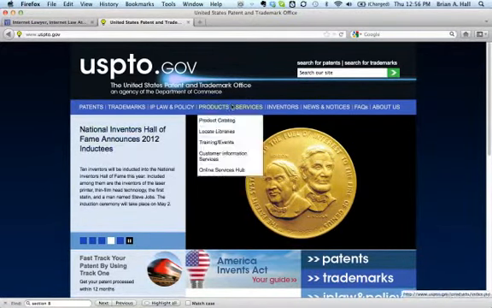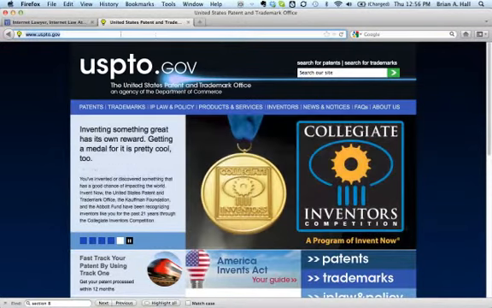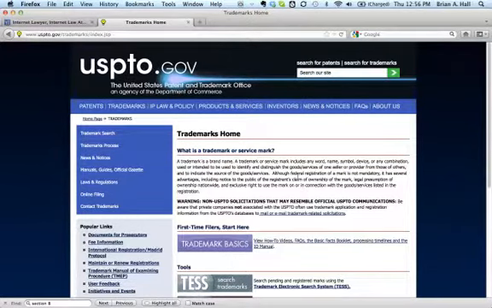The first thing you need to do is go to the website www.uspto.gov. Once there, you will see this screen. The next thing you need to do is click on Trademarks. This will bring you to a page that gives you many options and multiple pieces of information that relate to your trademark. If you have questions, you'd be well served reviewing this website and getting as much information as possible